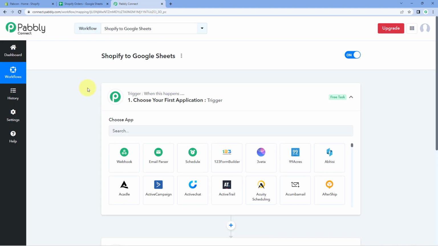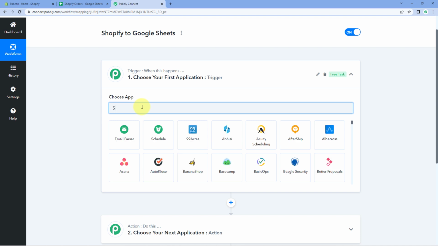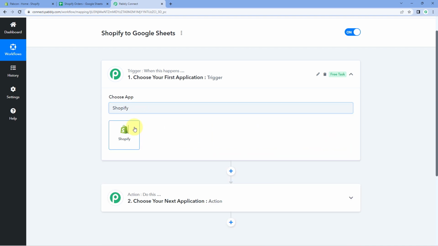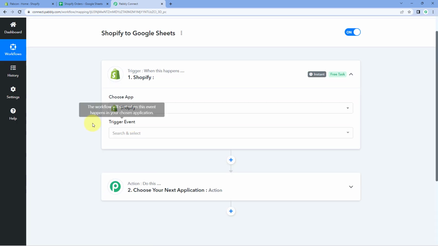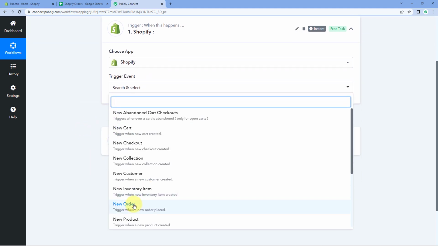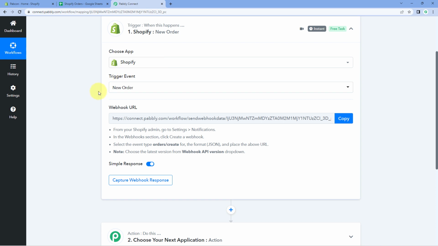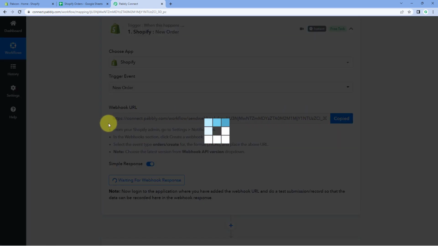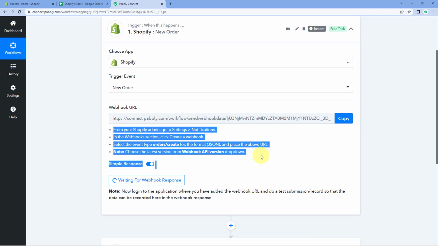So let's begin. Now here in trigger window, in choose apps, search for Shopify first. Select Shopify. And then in trigger event from the drop down, select trigger event as new order. After selecting a trigger event, Pabbly Connect gave us a webhook URL. And now we are going to use this webhook URL to connect our Shopify store with Pabbly Connect and get the new order details. So just copy this webhook URL from here and follow the help text given below over